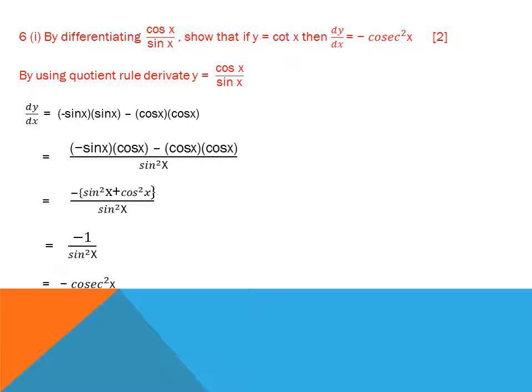So minus sine x into sine x minus cos x into cos x over sine square x, which is minus sine square x plus cos square x. By mistake I wrote cos x here; it is sine x into sine x. I take a negative sign as common. Because these two terms are negative, when we take a negative then there is a positive. Sine square x plus cos square x is 1, so minus 1 over sine square x is minus cosecant square x. I use the trigonometric identity here: 1 over sine x is equal to cosecant x.